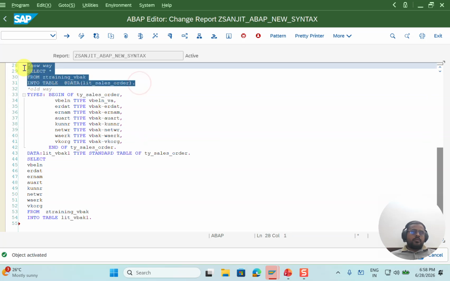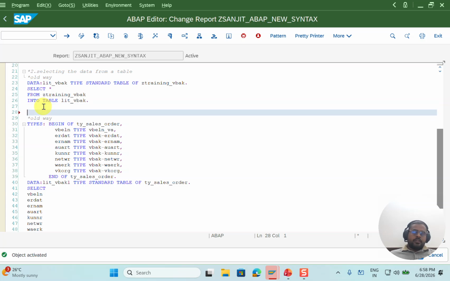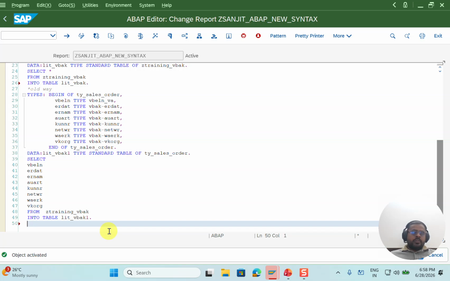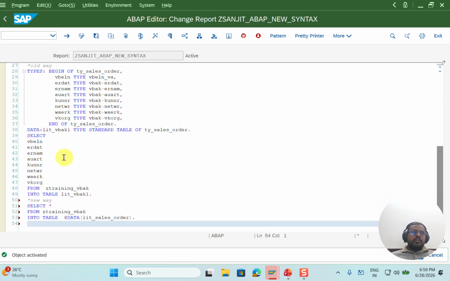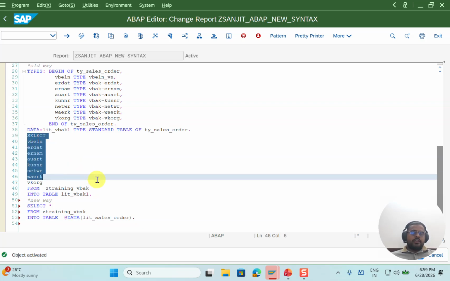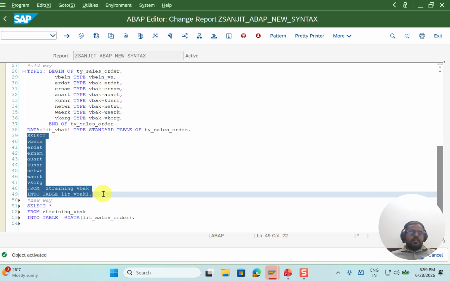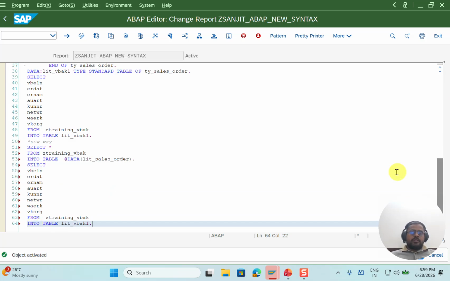Okay, take note. This is the old way of writing a select query with a star, and a select query with our total field names. Now in the new way, select star we have already seen, but for declaring this many fields, or selecting any number of fields, we don't have to declare anything now. The compiler will automatically make a type and an internal table from whatever field list we have declared here in the select statement. We don't have to do anything. So you can see